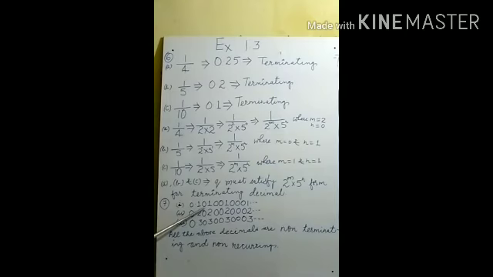0.1 followed by one 0, again 1 followed by two 0s, again 1 followed by three 0s, again 1 dot dot dot. See the pattern. Nothing is repeated here. No repeating block is there. If we note down 0.10, 10, 10, 10, that will be repeated because 10, 10 is repeated.